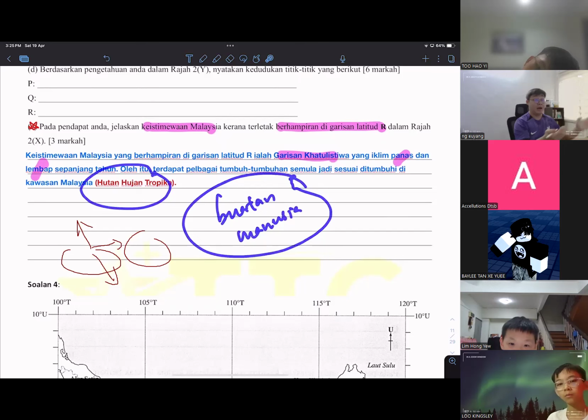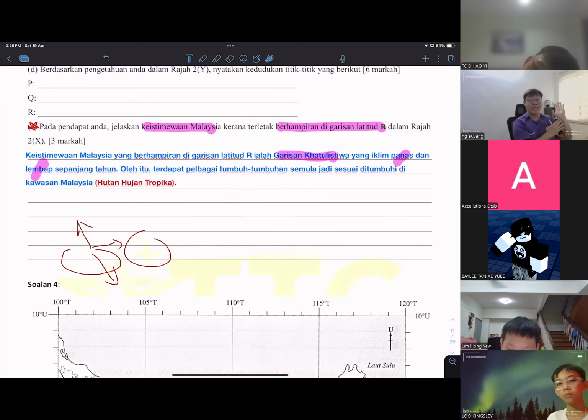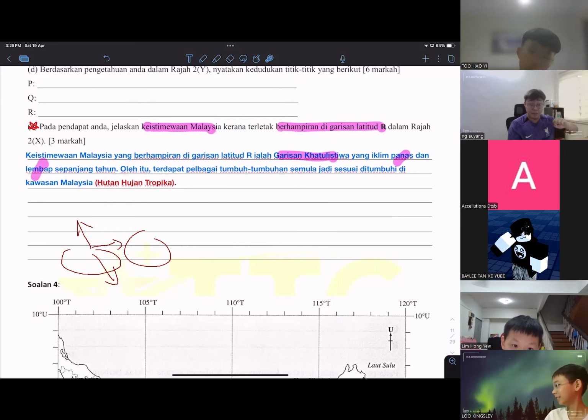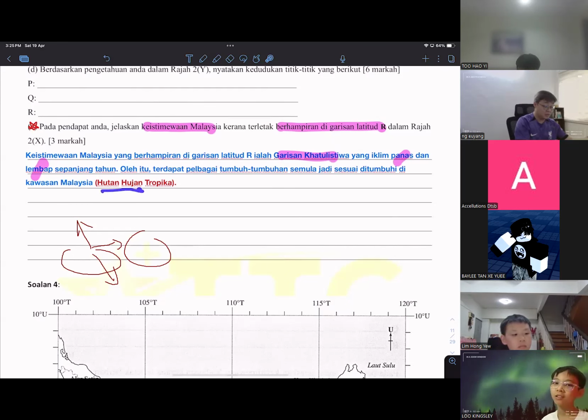It's just that our authorities from government, like Jabatan Alam Sekitar, or let's say the Jabatan Perhutanan, are going to get all the budgets from government. So which means our government spent a lot of budget, trying to send all the scientists, all the geologists, and then including all the botanists, go into the jungle, try to preserve and conserve the plants.